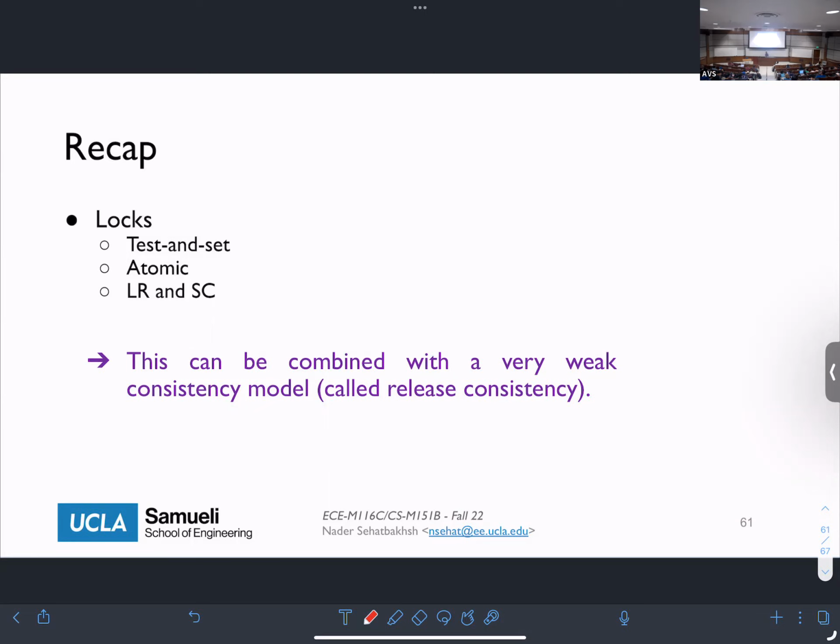And as I said, locks are actually the ones that we typically combine with release consistency. Release consistency basically says that at the release of my lock, if I make all the reads and writes transparent and observable to everybody else, then I can have a memory model that we call the release consistency model. Question?